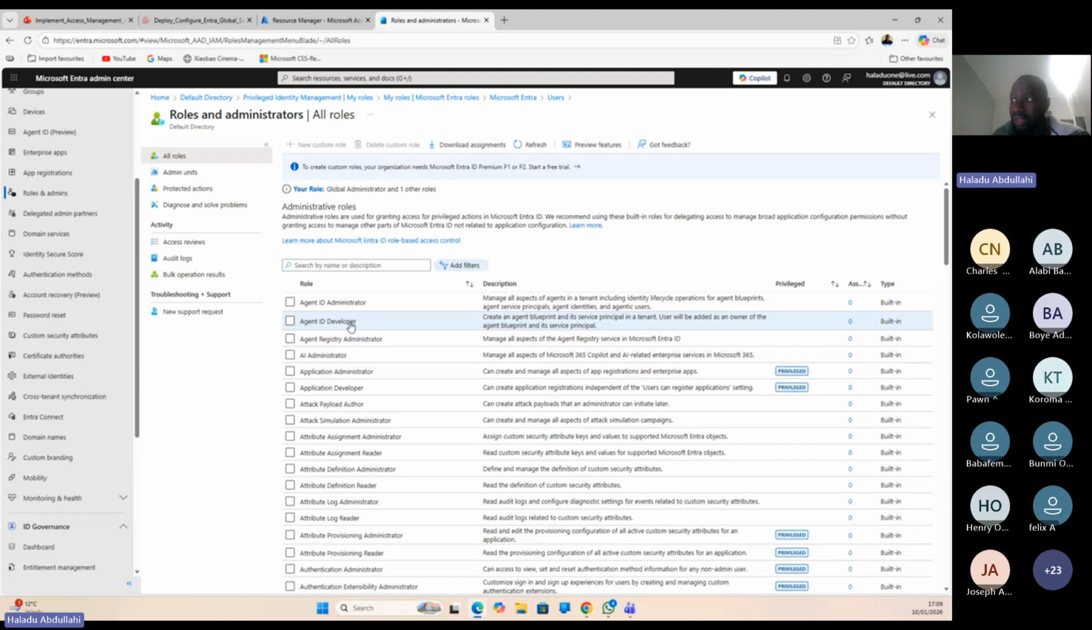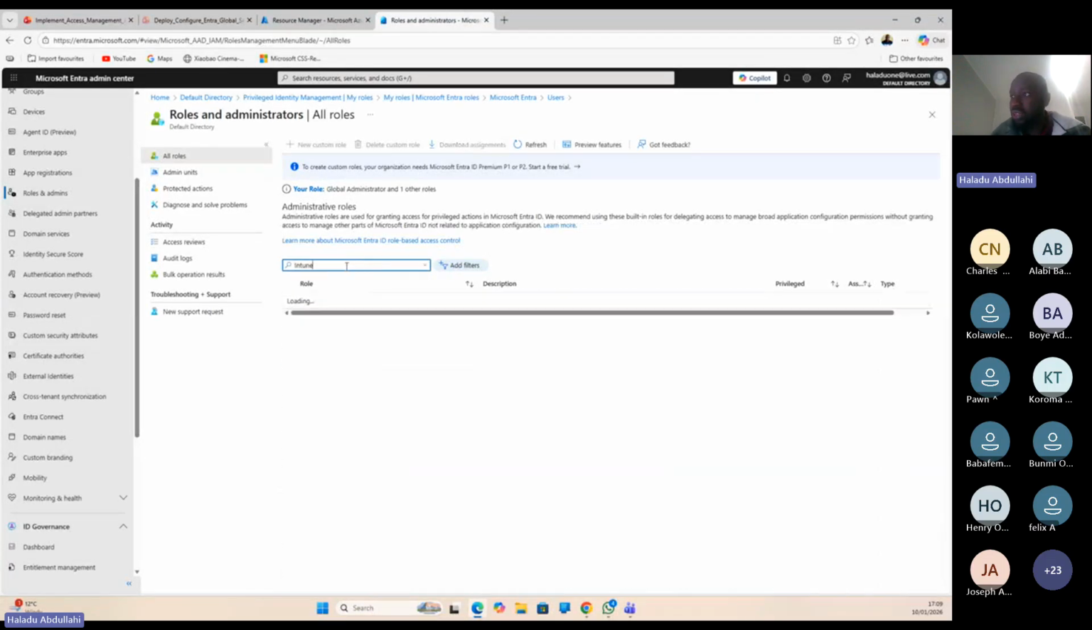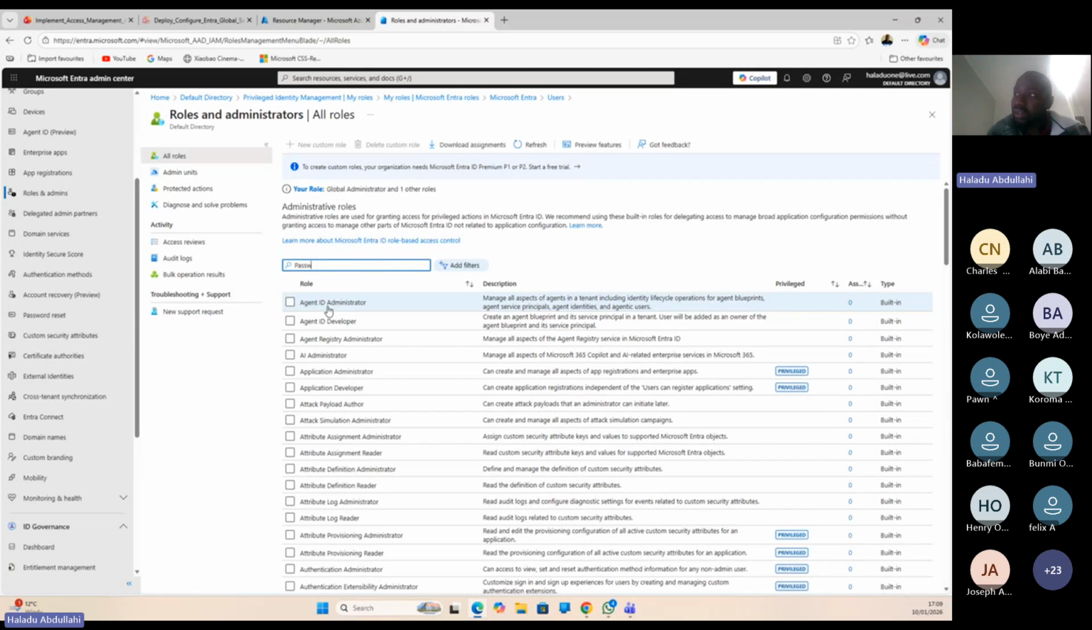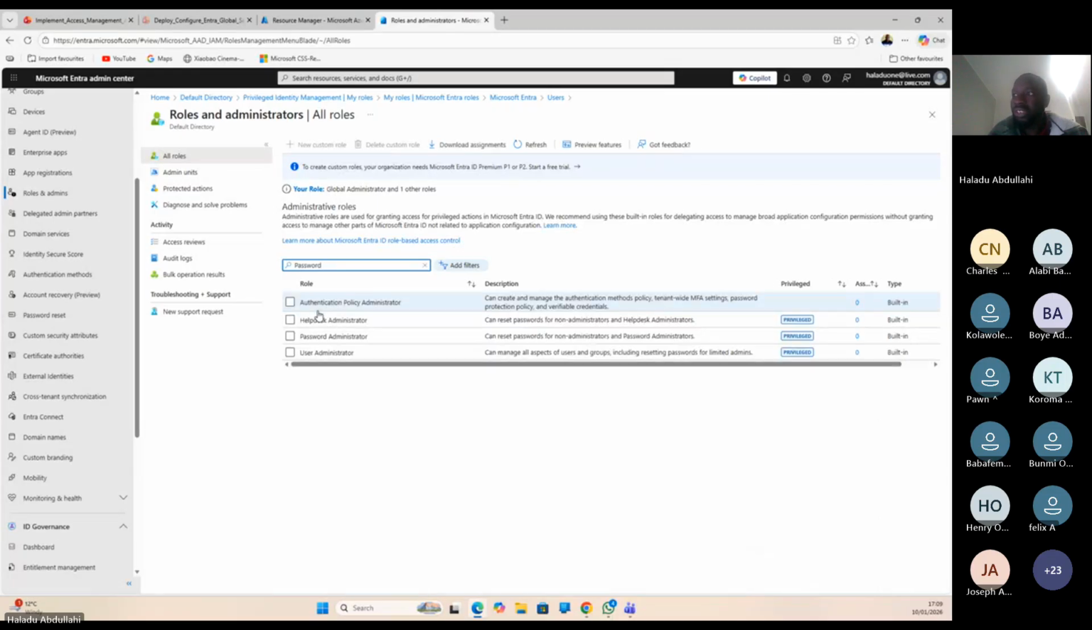Remember I told you about agents, AI agents. You can see it now. Agent ID administrator, agent ID developer, agent registry administrator. But let's see about Intune. When you're managing Intune, is it compliance or Intune? Yeah, Intune administrator. If you are managing passwords, you will see authentication policy, help desk admin, password administrator. You can see. So these are roles that are built into Entra ID. They are built-in roles, but